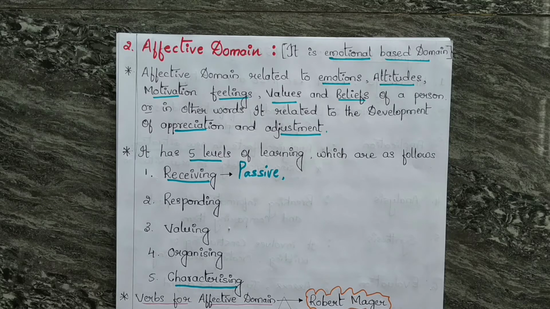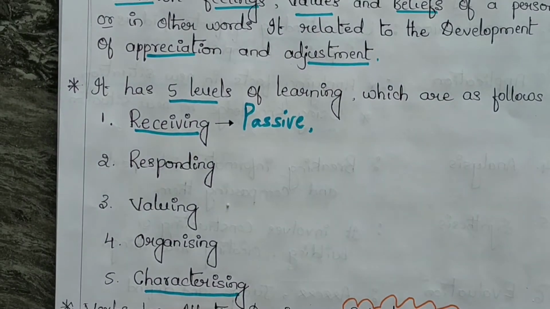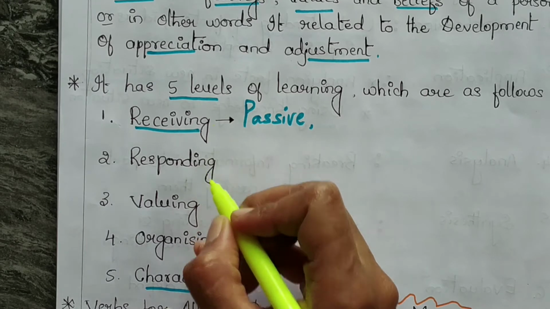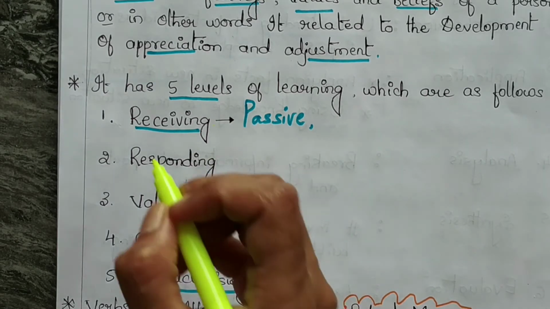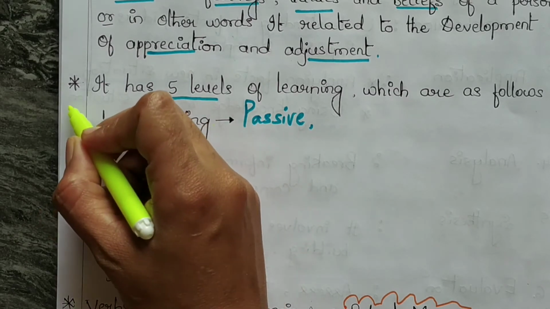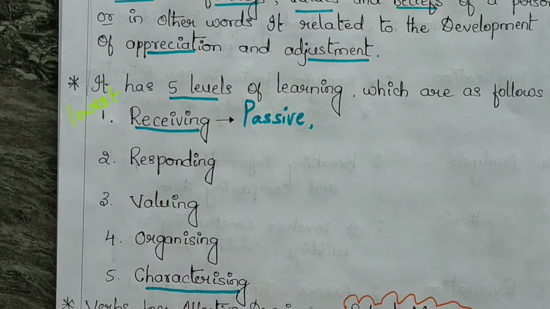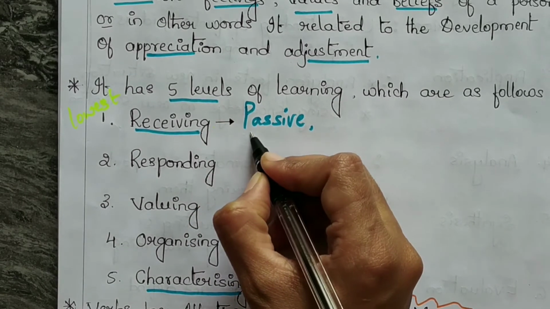This affective domain has 5 levels of learning: receiving, second, responding, third, valuing, fourth, organizing, fifth, characterizing. This is also from the lowest to the highest order. The lowest one is receiving, where the learner acts as a passive